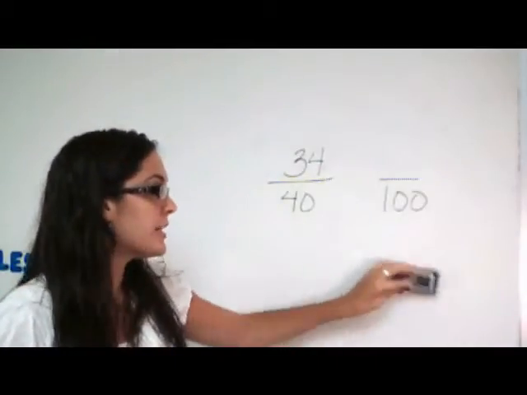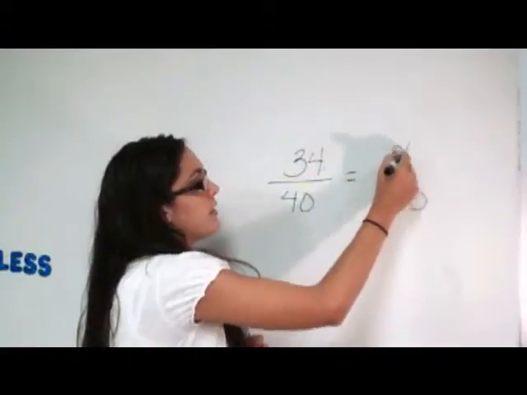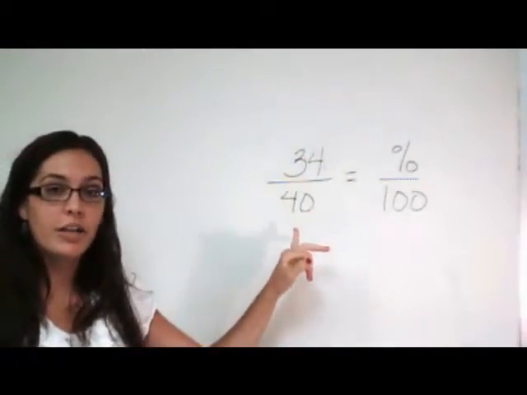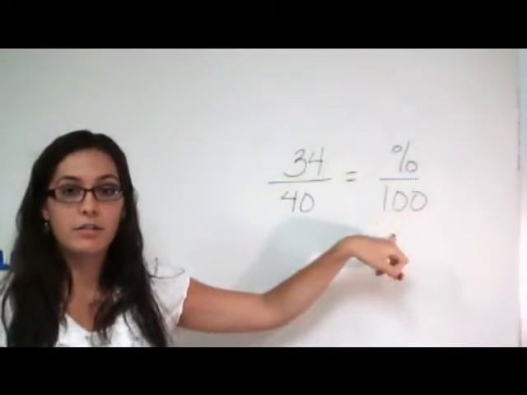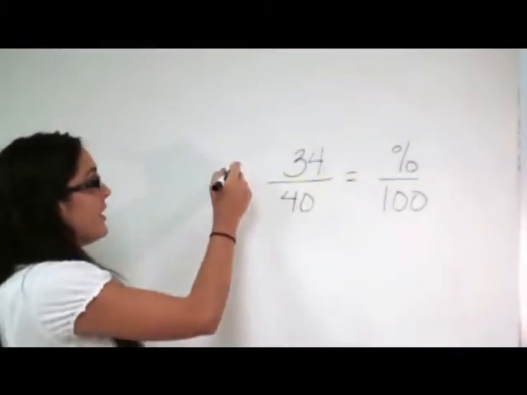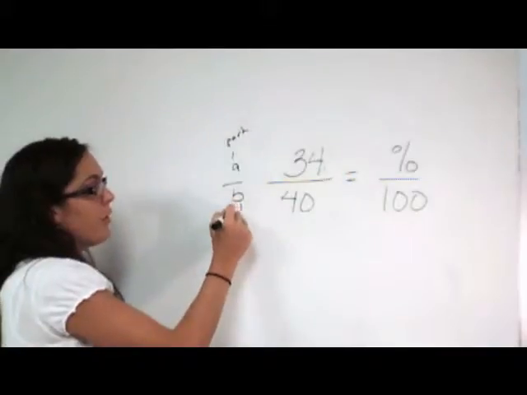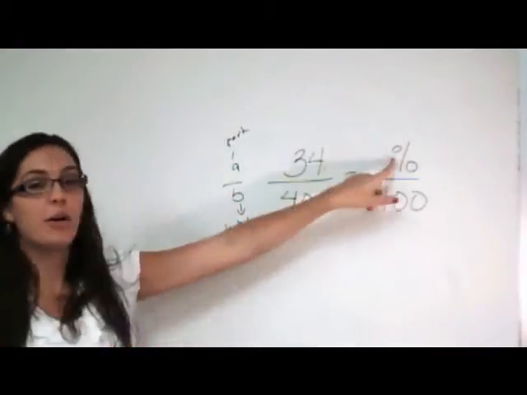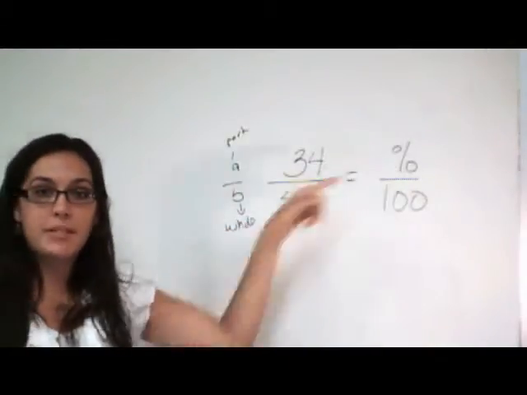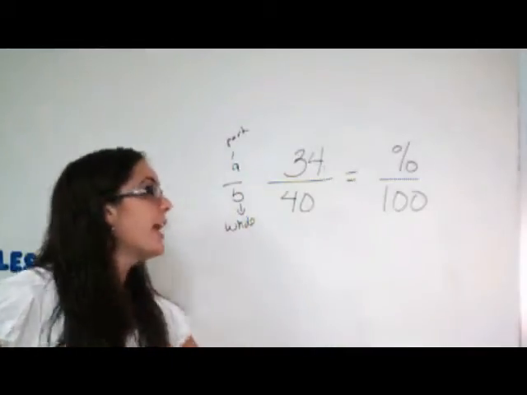So instead, we're going to set up a percent proportion. The way percent proportion works is we have 34 over 40 equals percent over 100. This is your A over B, which is really your part over your whole, and then you have your percent over 100. We're looking for that what percent. So the way I like to teach it is your is, so I'm going to erase your A and your B,